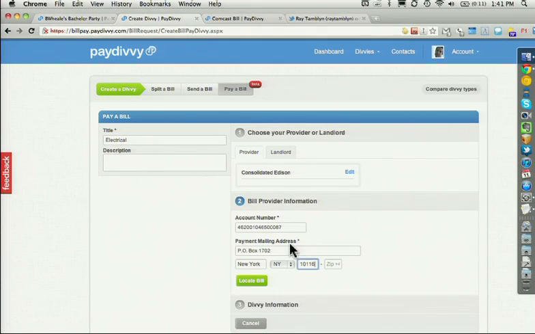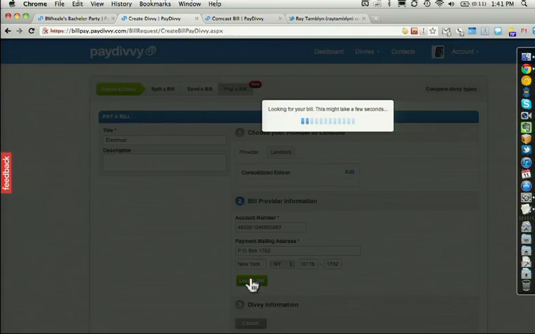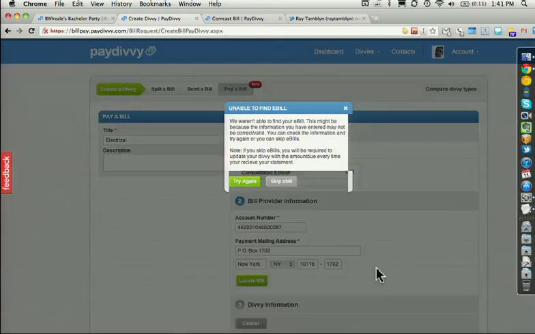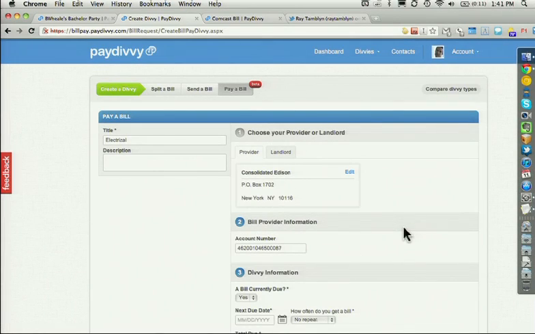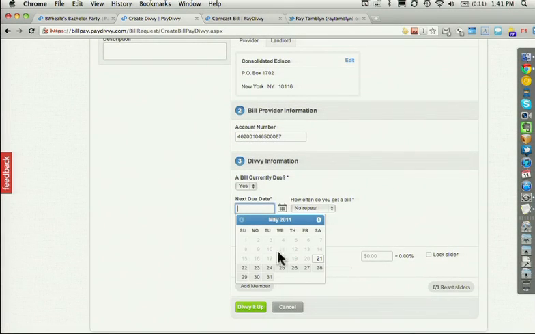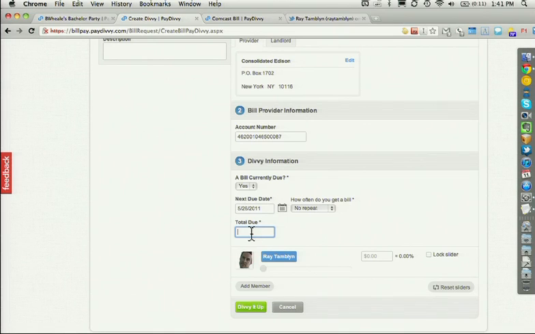But it's the social layer that really enhances the bill pay process via the communication features we have that are unique, as well as the ability to pay a bill as a group. So PayDivvy allows you to actually divide the bill and only pay your fair share from here on out. So you can see here, Ray's set up the initial part of the bill, but now he's going to add